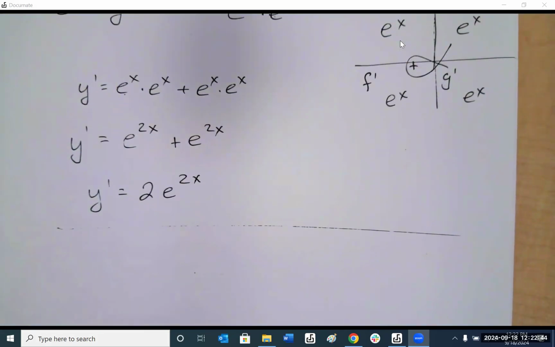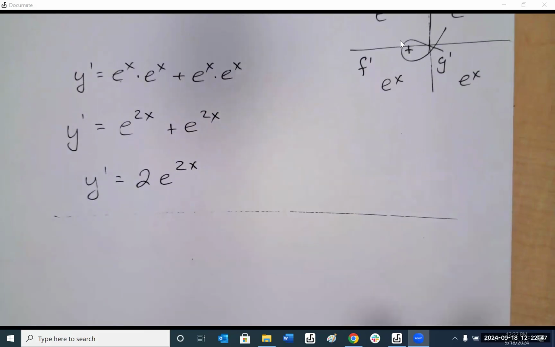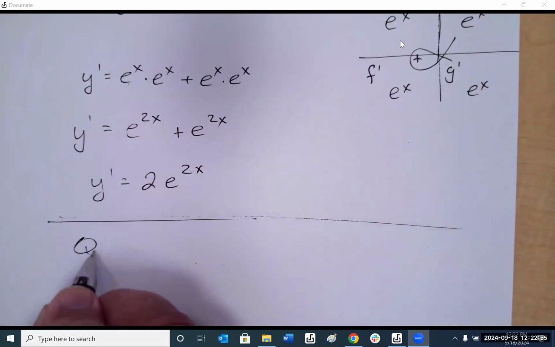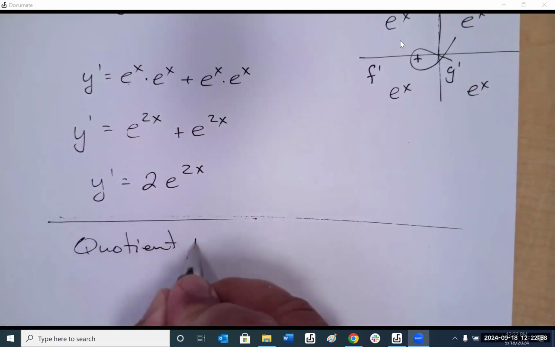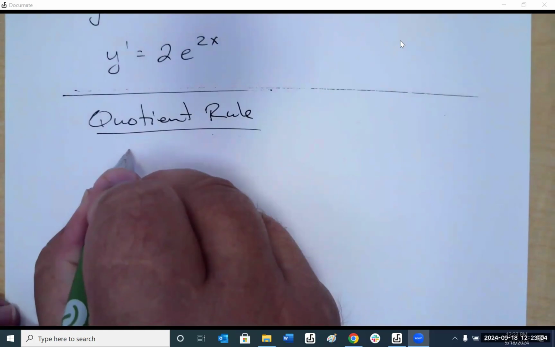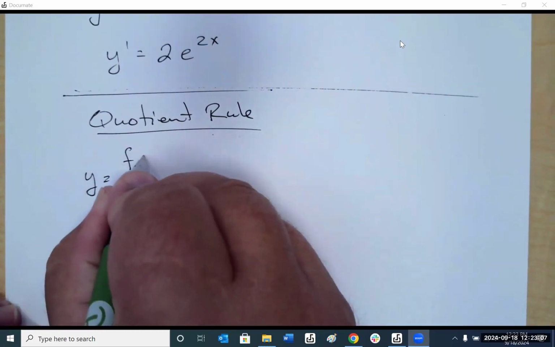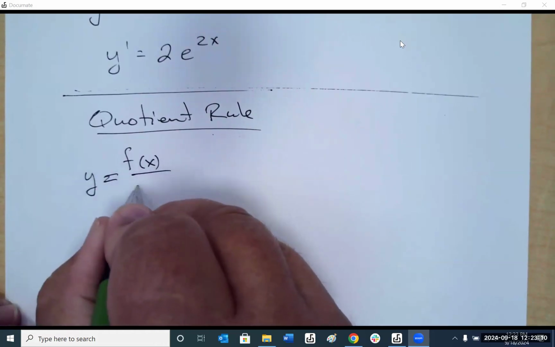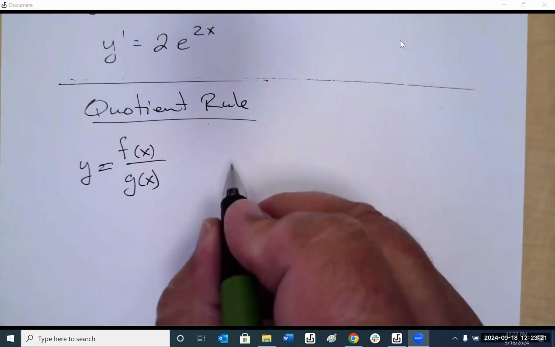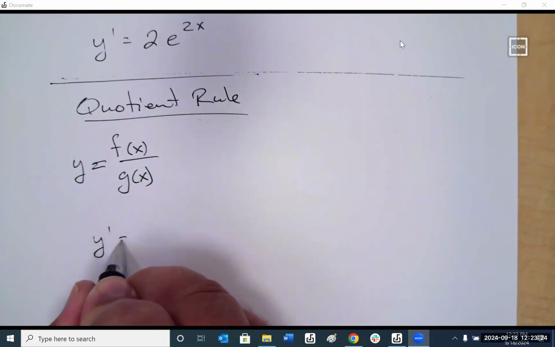Let's look at quotient rules now. Is there another example for a product rule? No. Okay. Quotient. When we define y as f of x over g of x, of course, g of x cannot be 0. The derivative here